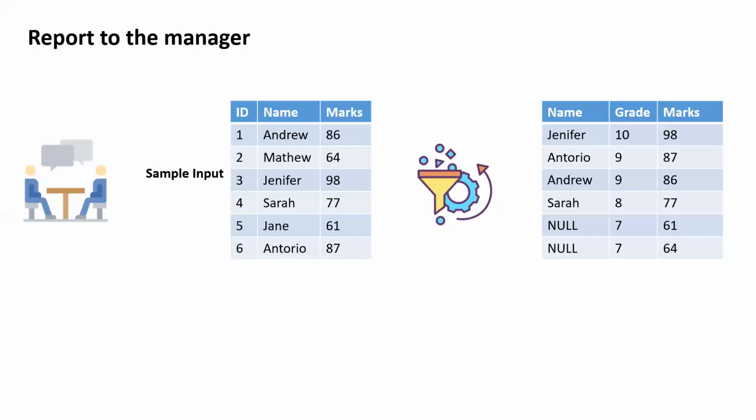If you see that, Antonio and Andrew are of the same grade, and the output which we are seeing here is Antonio and Andrew. The output which they are looking for is Andrew should come first and then Antonio should come. So this should be sorted based on the names because the grade is the same. So Andrew should come first and Antonio should go second. So here I have to change the output.